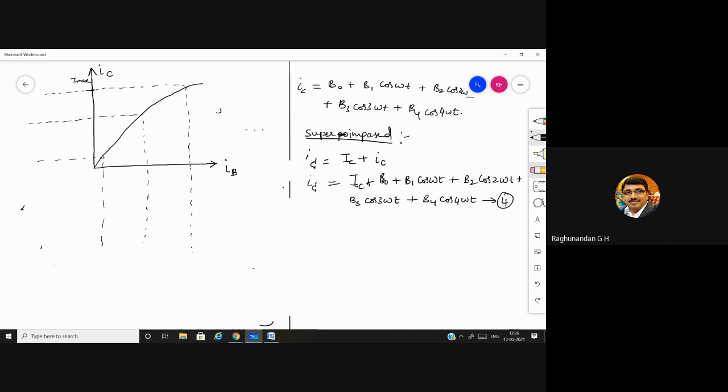I told you this is the IB and this is the IC. In these two, which is the distorted current and which is the undistorted current? IC is distorted, sir. And IB is not distorted. Why do you say that this is distorted and this is not? Because IC is the DC current and the harmonics of the AC current. It's the sum of the two. Correct.